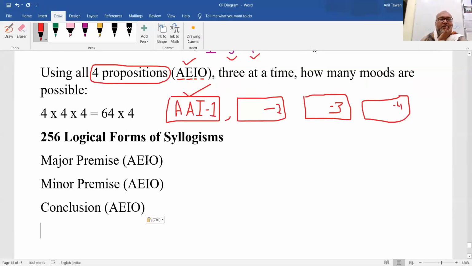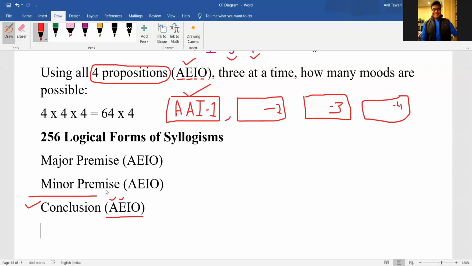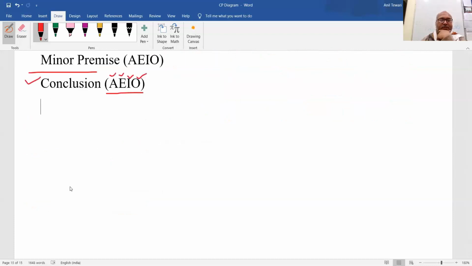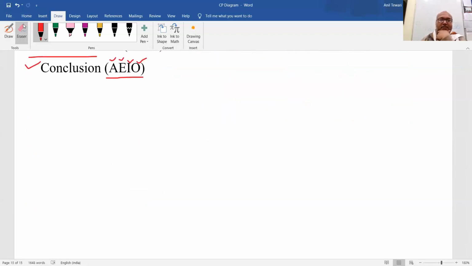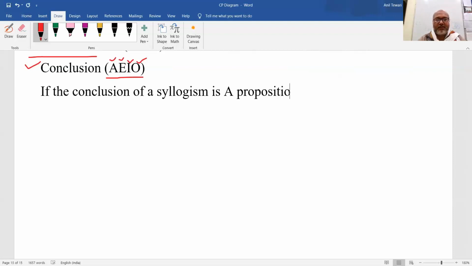आपकी major premise में इसी 4 में से कोई एक होगा, minor में इसी 4 में कोई एक होगा, conclusion में इसी 4 में एक होगा. Conclusion is only one. So we can test one by one. If our conclusion is A, what could be the possibility of the premises and what could be the possibility of its validity in different figures. So one by one we can test. If our conclusion is A, then what are the possibilities related to the premises? So let us begin this very simple exercise. So we are beginning with this hypothetical question.